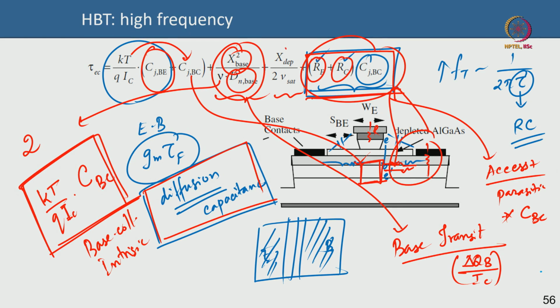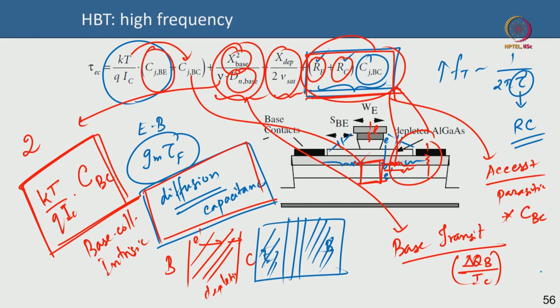Okay. And then this X depletion is the base-collector, which has a large depletion region. So this is the base, for instance, this is the collector, and this is a very large reverse-bias depletion happening at the base-collector, which is also blocking the base-collector voltage. So an electron will take a certain time to travel across the base-collector depletion region, and because the field